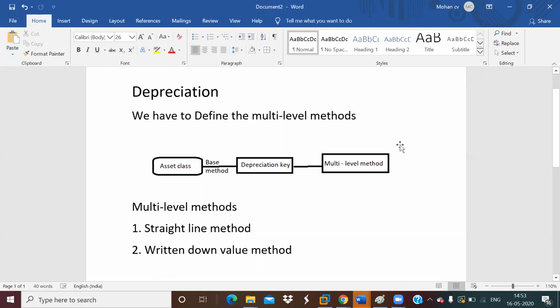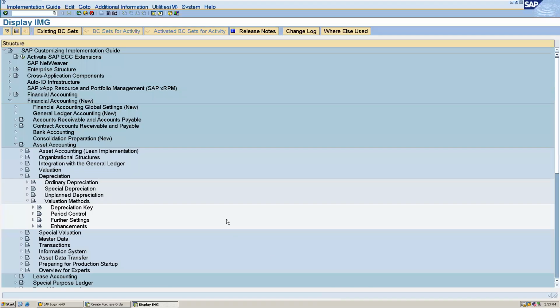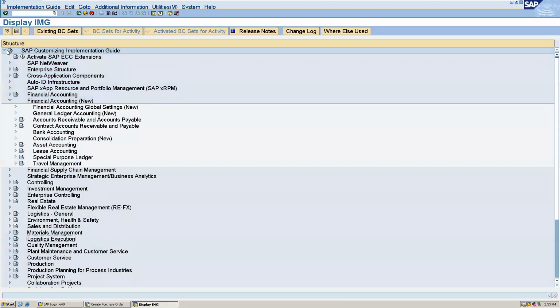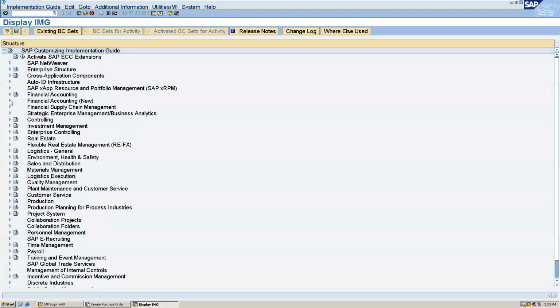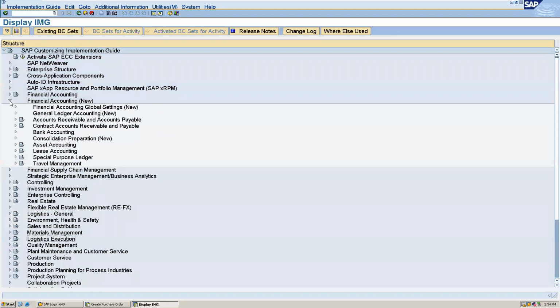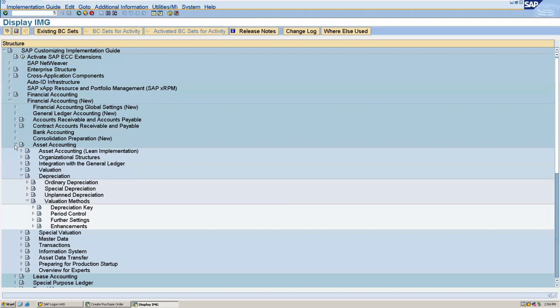Okay, now let's see in SAP how we can do this configuration. So here I'm in the IMG screen. Here you have to go to financial accounting, new asset accounting. And in the asset accounting, you have to go to depreciation.